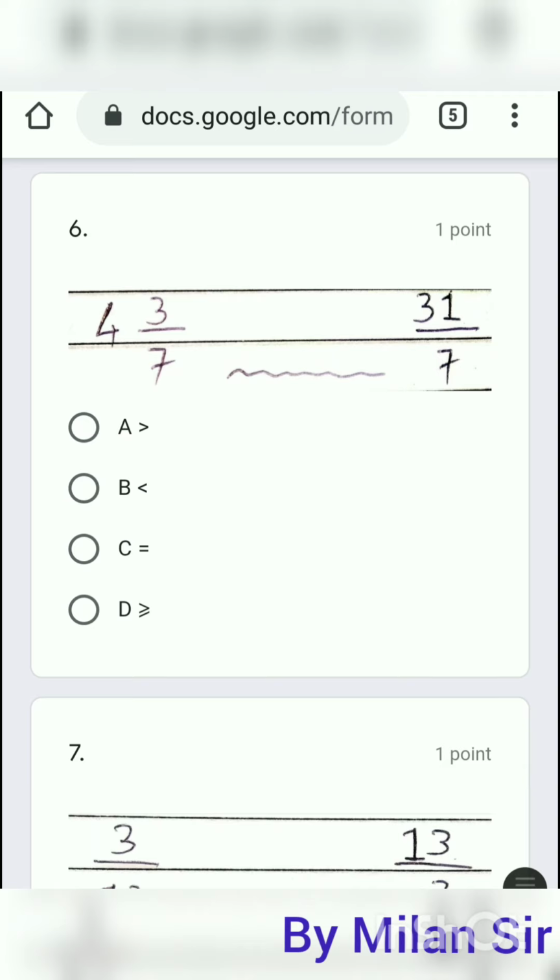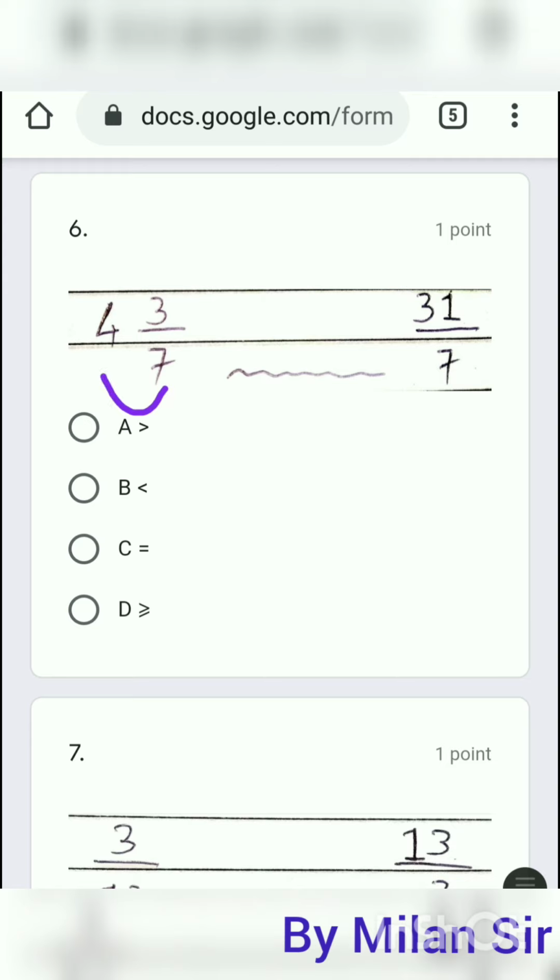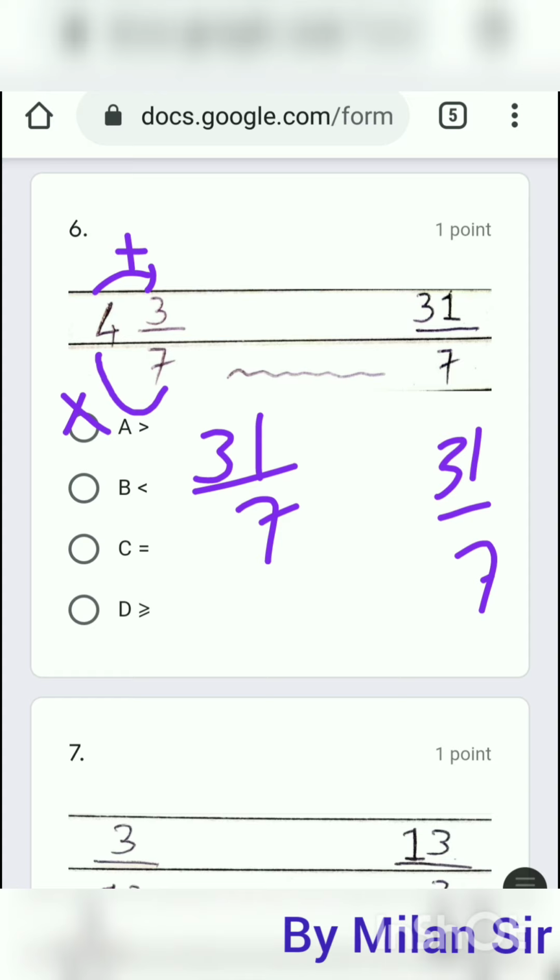So first of all, here we have two ways. Either we can convert this into mixed fraction, from that we can decide. Otherwise convert this number into improper fraction. Okay, you can use any way. So here convert this number into improper fraction. So first of all we need to multiply this. So 7 4s are 28, and we need to add this numerator. So 7 4s are 28 plus 3, 31. Denominator remains as it is, so 31 by 7, and here even we have 31 by 7.